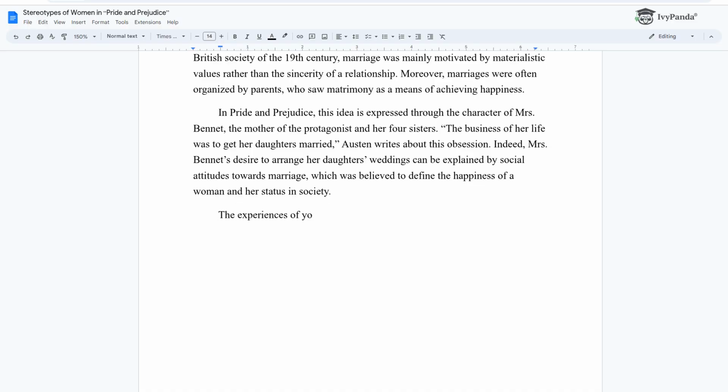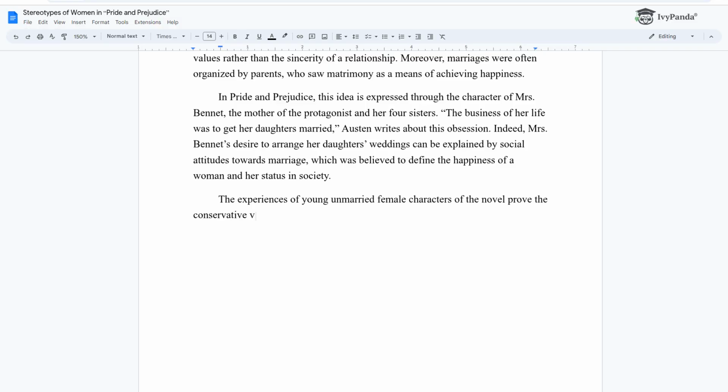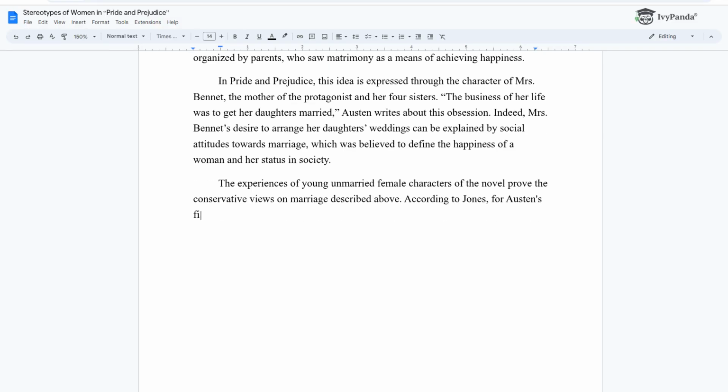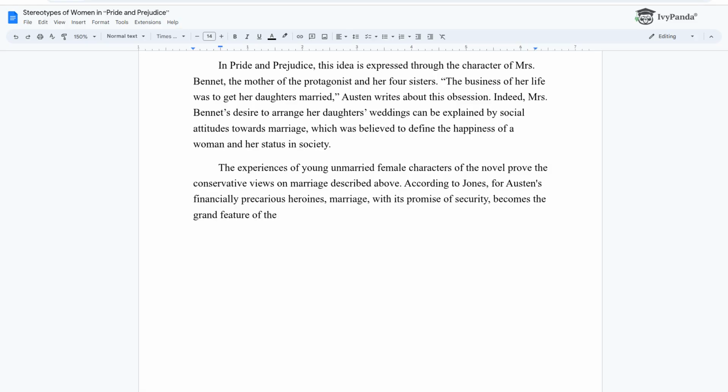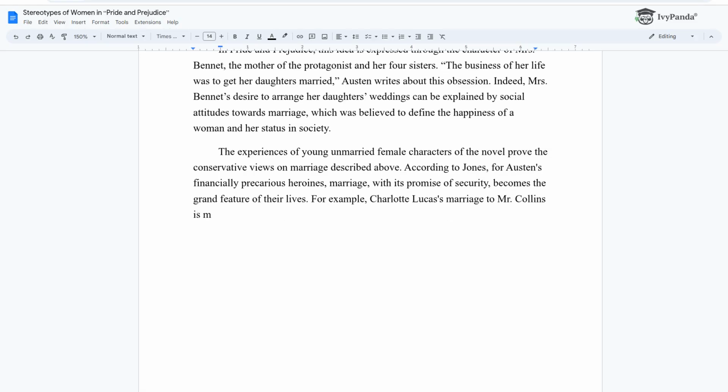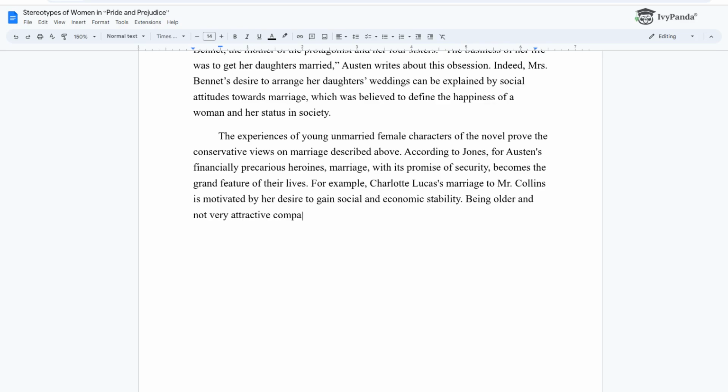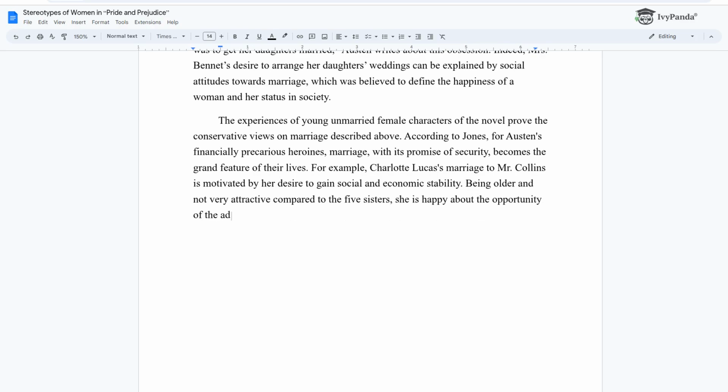The experiences of young unmarried female characters of the novel prove the conservative views on marriage described above. According to Jones, for Austen's financially precarious heroines, marriage, with its promise of security, becomes the grand feature of their lives. For example, Charlotte Lucas's marriage to Mr. Collins is motivated by her desire to gain social and economic stability. Being older and not very attractive compared to the 5 sisters, she is happy about the opportunity of the advantageous